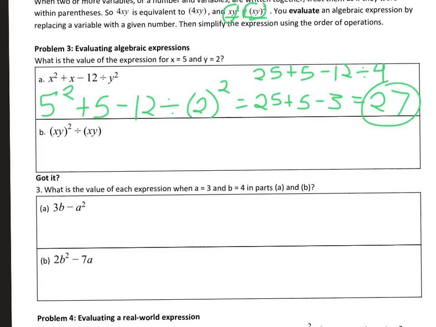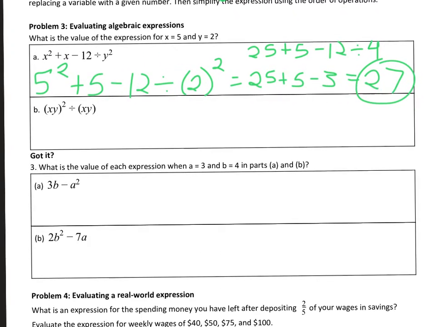Okay, next, we have x times y, that whole quantity squared, divided by x times y. So I'm going to rewrite this as 5 times 2, that all being squared, divided by 5 times 2. So, order of operations, I'm going to take care of everything that's inside parentheses first. I've got two things inside of parentheses I can take care of. 5 times 2 becomes 10 squared divided by